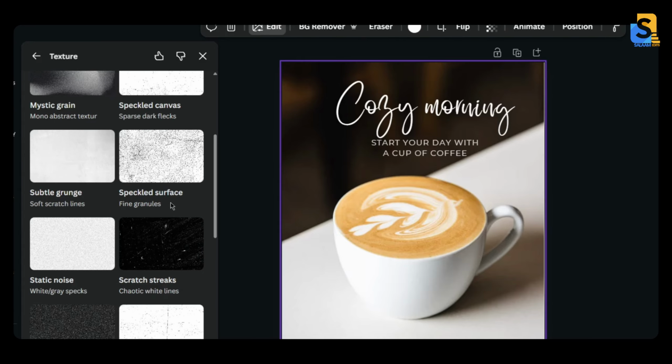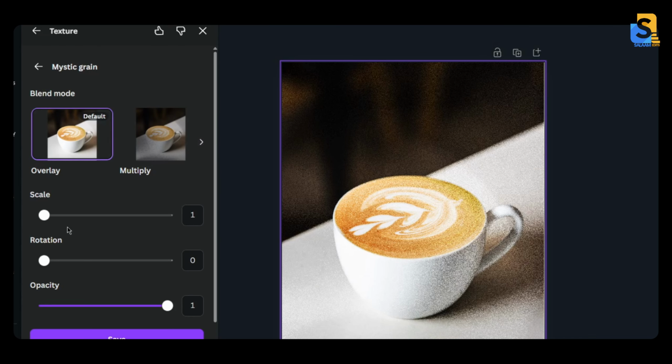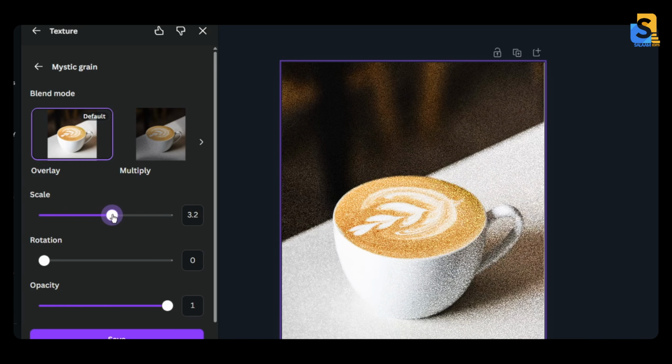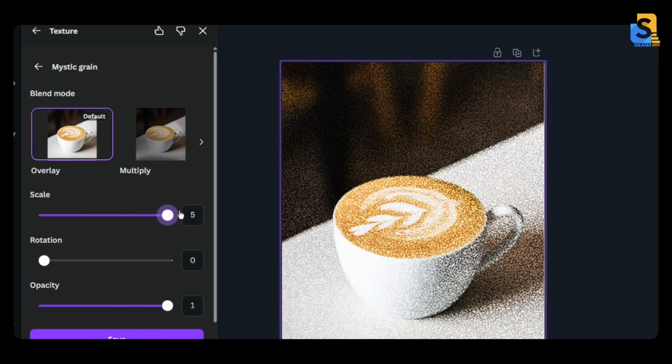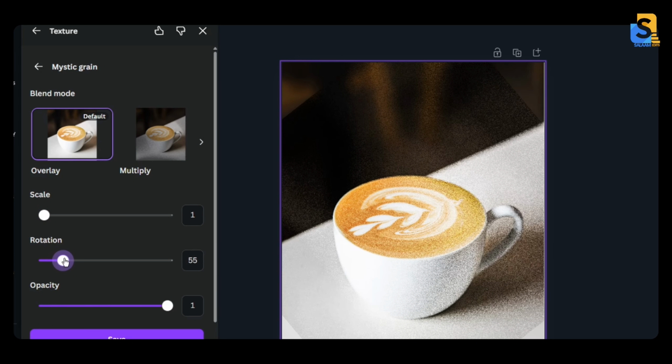For sake of this tutorial, we will select the Mystic Grain texture. And it has been applied on top of the design. As you can see the image, now from here, you can zoom the texture, increase or decrease its size. You can rotate it to different angles using the rotation option,